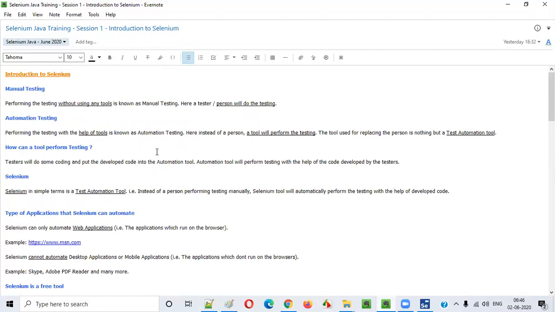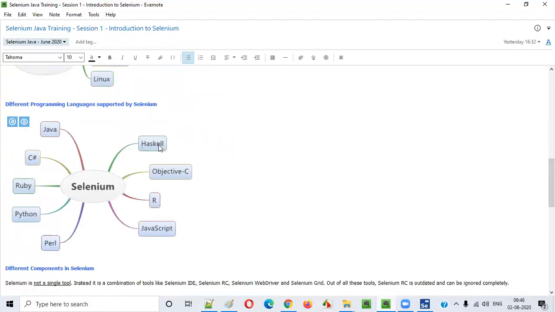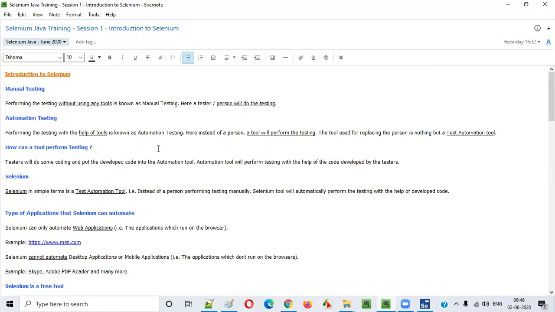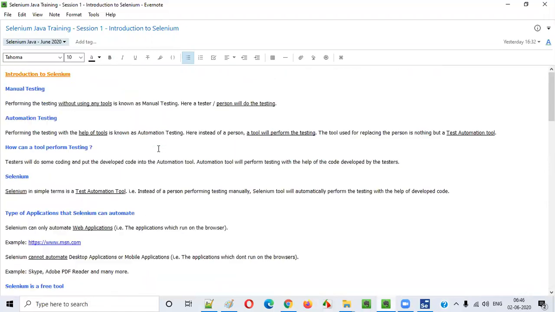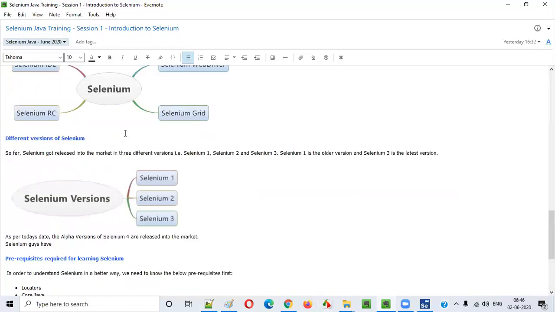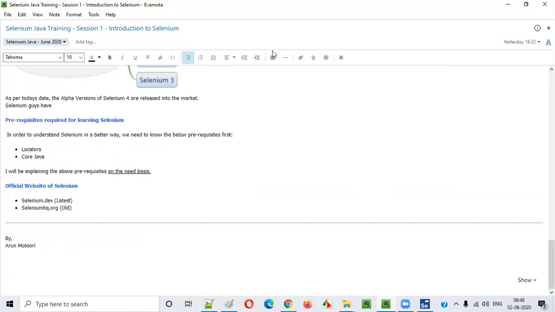Now you got all the basics, and all the things that you need to know about Selenium at a high level are covered in this session. Any questions or doubts, guys, before I close this session? Any questions you have? No, clear, fine. You can ask me any doubts if you have.